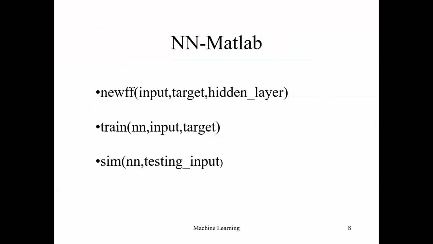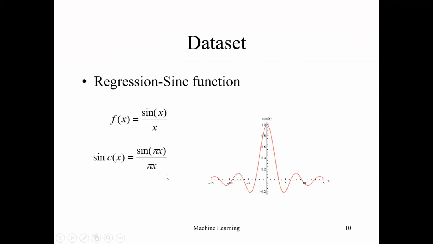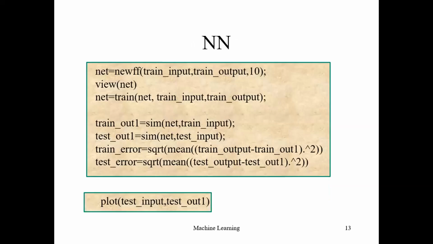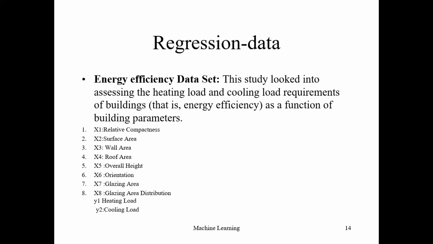Okay, these are the 3 commands I'm telling: newff, train, sim. What are the arguments of newff? You can see input, that is input data, target data, hidden layer. Train indicates training the neural network, input comma target, then sim. This is the overall equation, and this is an example I am telling, sin x by x. The graph, this is the data division, then the neural network finally. Even for another example, I'll share this code if you want.